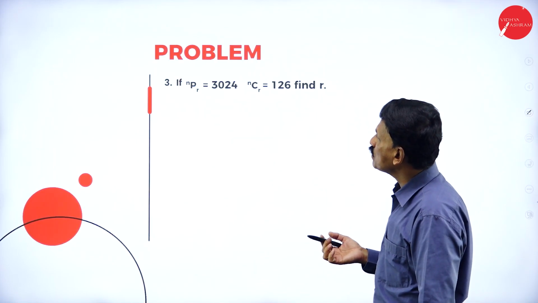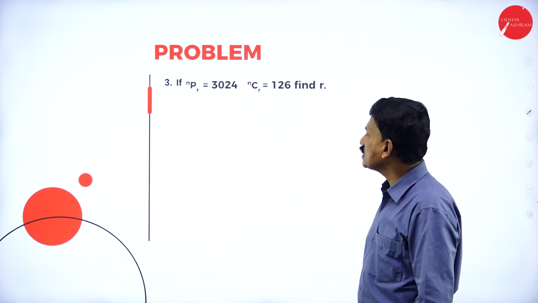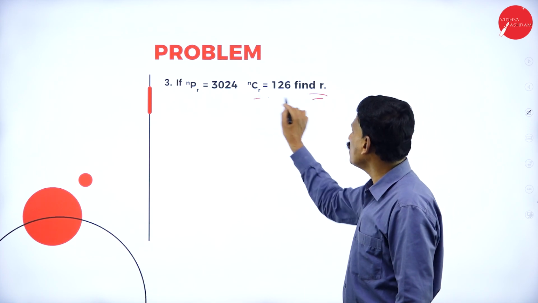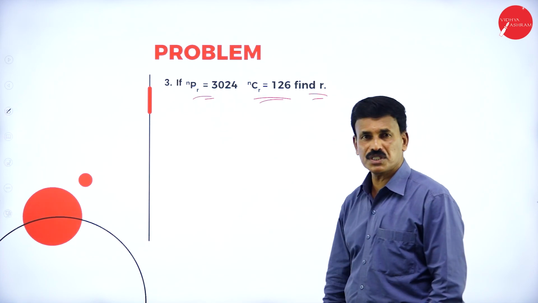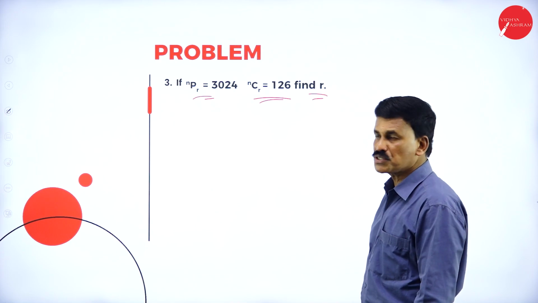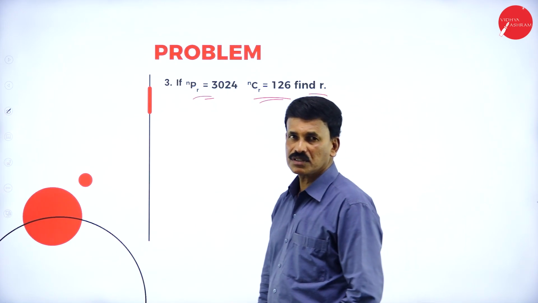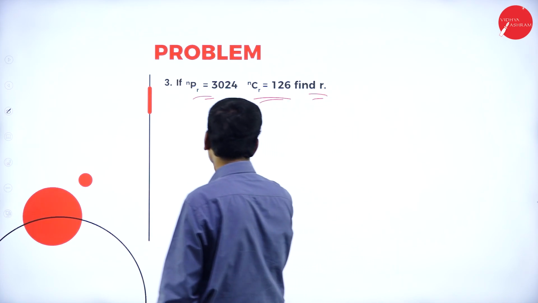Now let us come to the next problem. If nPr is equal to 3024 and nCr is equal to 126, find r. Here both combination as well as permutation are given. nPr is equal to 3024 and nCr is equal to 126. Find the value of r, right? Now we know that there is one formula. We know that